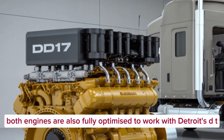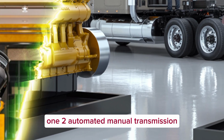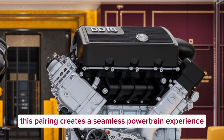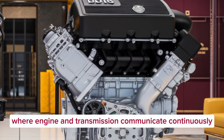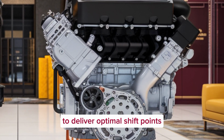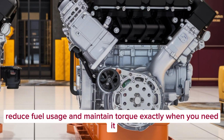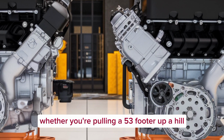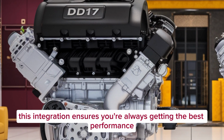Both engines are also fully optimized to work with Detroit's DT1 automated manual transmission. This pairing creates a seamless powertrain experience where engine and transmission communicate continuously to deliver optimal shift points, reduce fuel usage, and maintain torque exactly when you need it. Whether you're pulling a 53-footer up a hill or cruising at 65 on flat ground, this integration ensures you're always